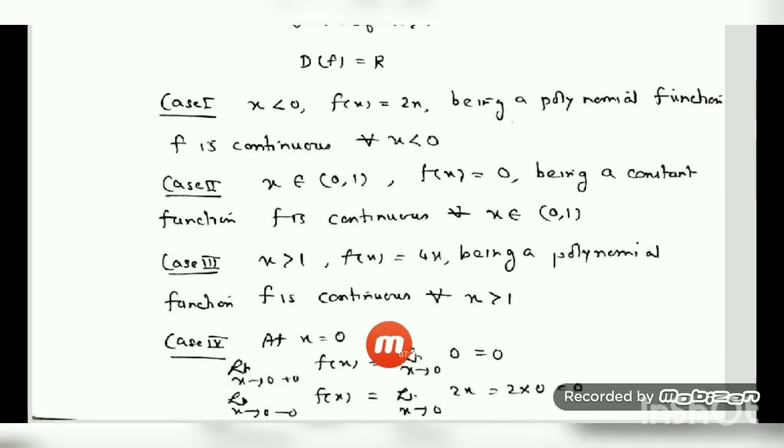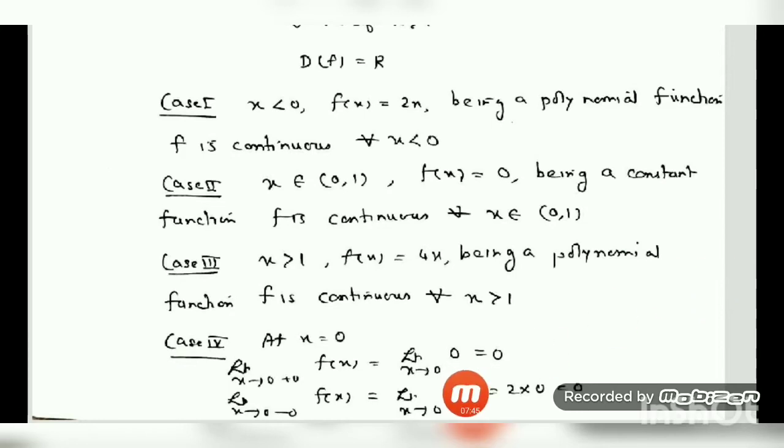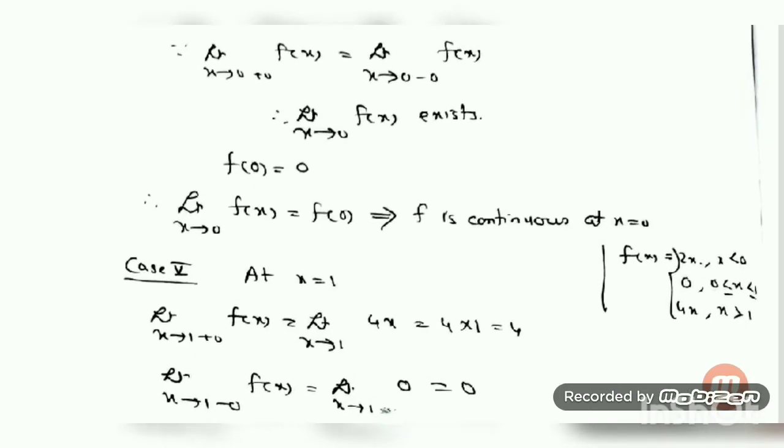So I have considered here the limit as x tends to 0 plus 0 of f(x). For plus 0, greater than 0, the function is defined by 0, and for less than 0 it is defined by 2x. So I have substituted. So the limit as x tends to 0, the value is 0, and in 2x also you can substitute the value 0, that means 0. So we have seen that we got what? Left hand limit equal to right hand limit, both values equal to 0. So we have got here left hand limit equal to right hand limit, that means the limit exists. Here I have again written the question just to see, it will be easy for you. Then f(0), what is f(0)?